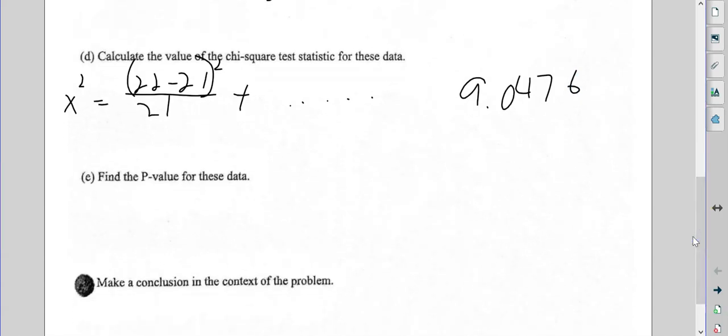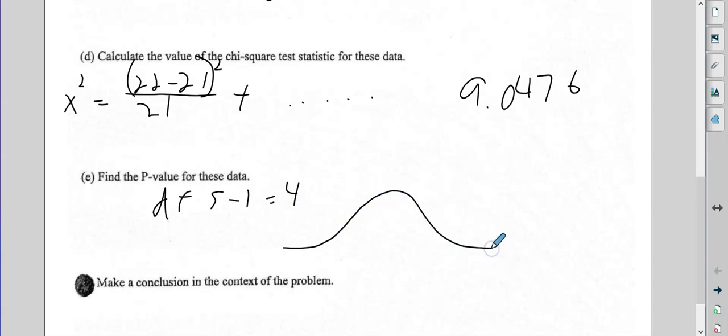Find the p-value for these data. Well, first off, we have 5 sections, so the degrees of freedom is going to be 5 minus 1, which equals 4. And we're going to make our lovely graph like right there. And our p-value is all the way out here. Very little shading. And when you use our technology to calculate it, we're going to get a p-value of 0.0599